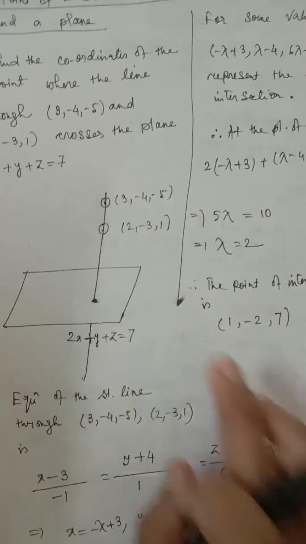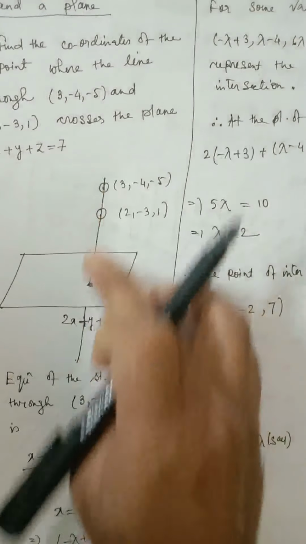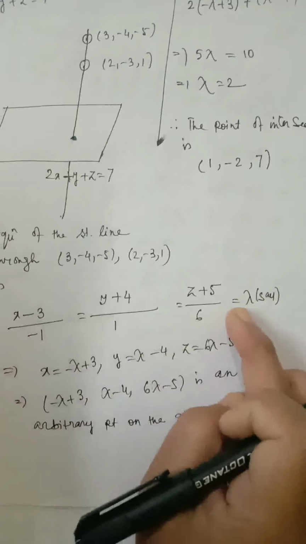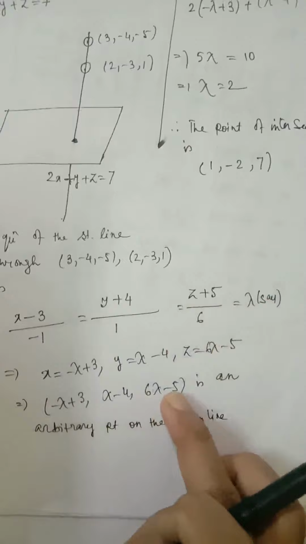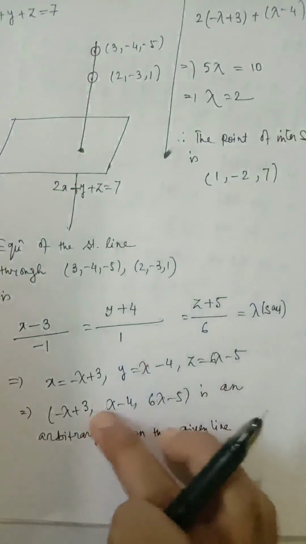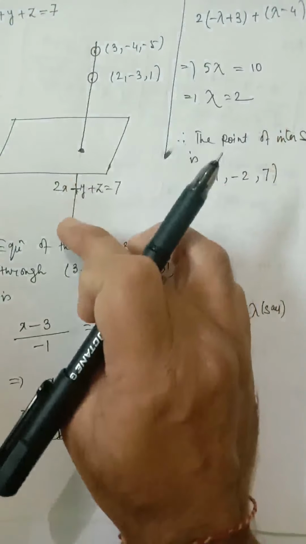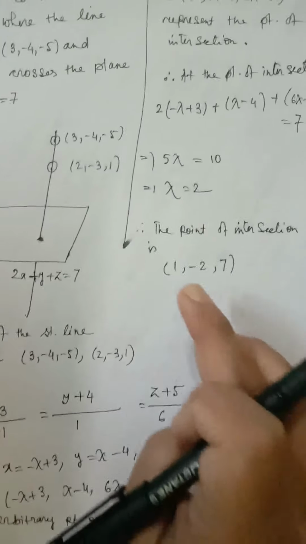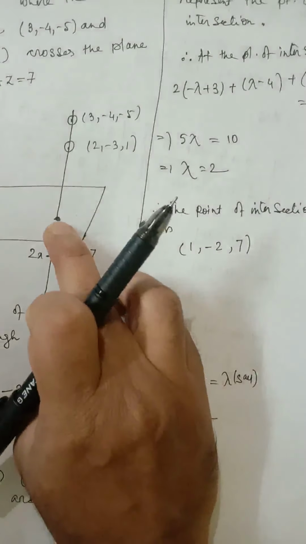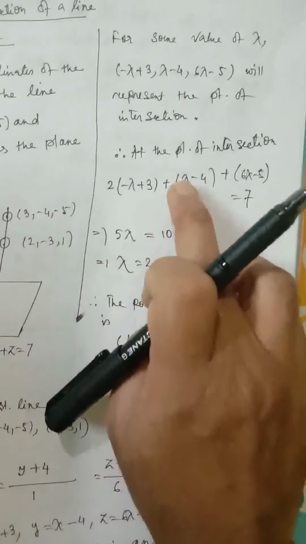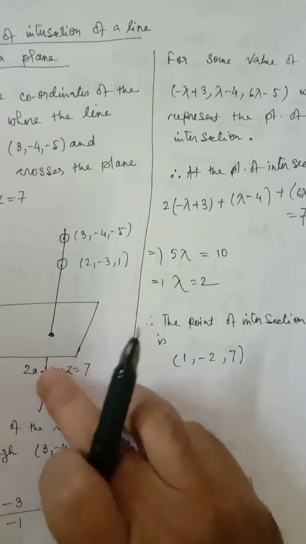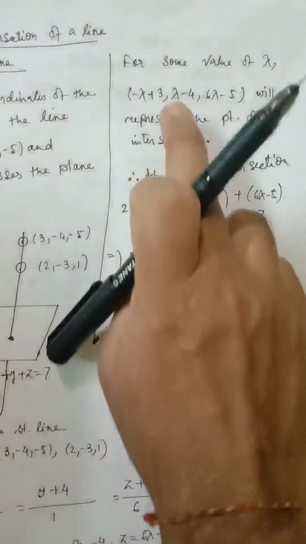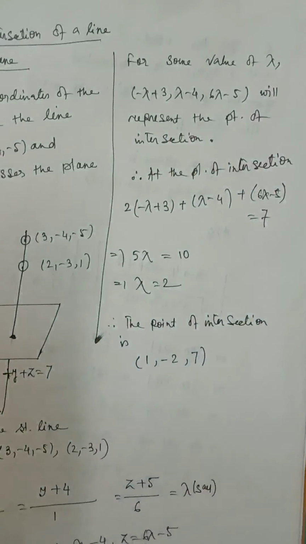The procedure is simple. First, you have to write the equation of the plane and the equation of the line, taking the given equation of the line equal to lambda. Considering this equal to lambda, we will find an arbitrary point on this line. Arbitrary point means for different values of lambda, we will get different points on the line. As this point also lies on the plane, for some lambda, this will become the coordinates of the point of intersection. This point lies on the plane, so it will satisfy the equation of the plane. So putting these values in the equation of the plane, we get lambda, and from it we get the point of intersection. So this is the procedure, simple.